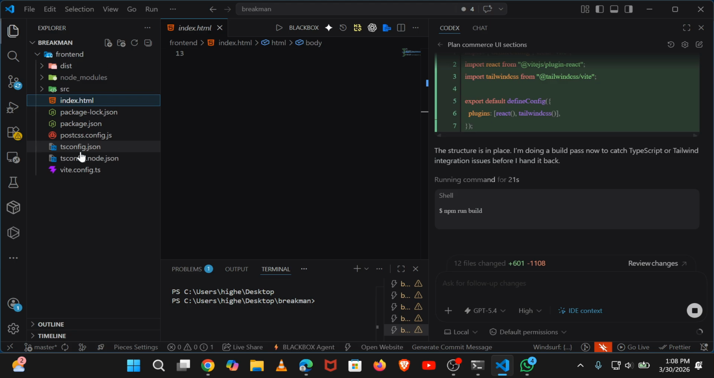Let us see that change. Okay, you can see she's finding the errors within those, and then she's building a pass now to catch the TypeScript or Tailwind integration issues. So the other thing that you must know, TypeScript is multipurpose, because you can see once we use it, she used